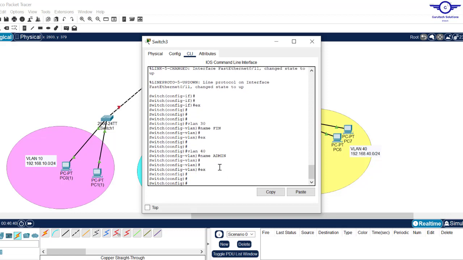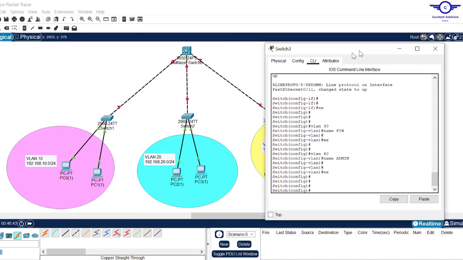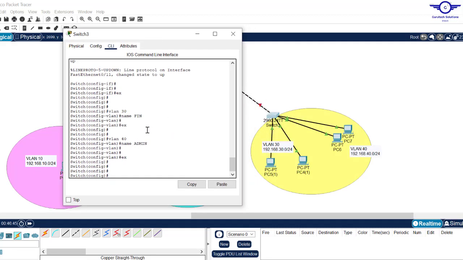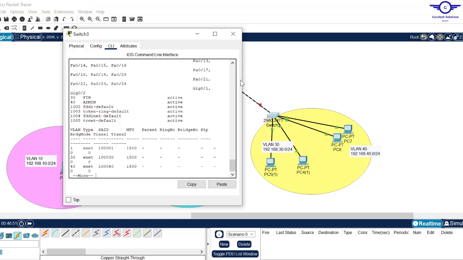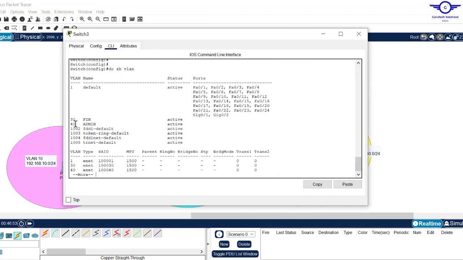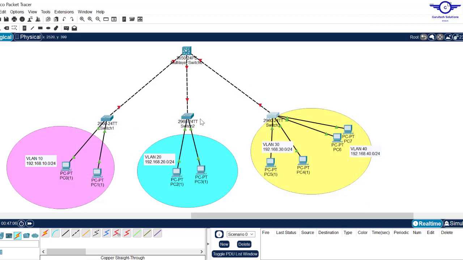Okay, exit. So we are now allowed to assign ports, roles, these VLAN IDs. So I can just say do show VLAN. You will see this VLAN 30 and VLAN 40, they don't have interface assigned yet. So we need to do that to facilitate inter-VLAN routing configuration. So I go here and say this VLAN 2, FA0/2